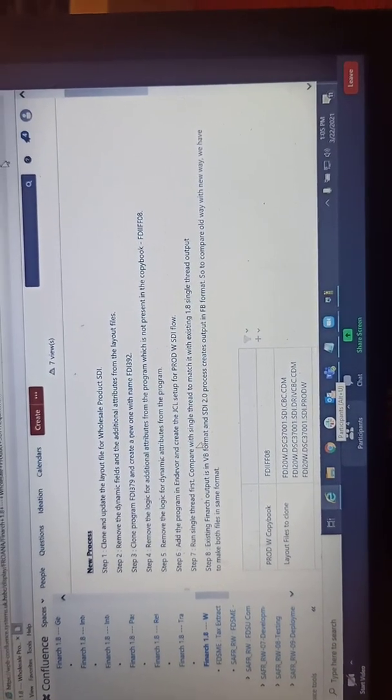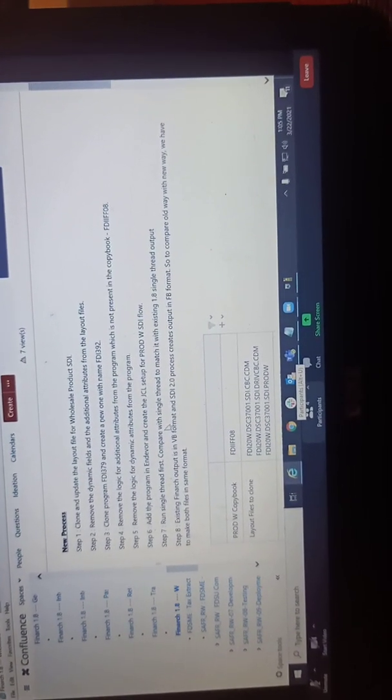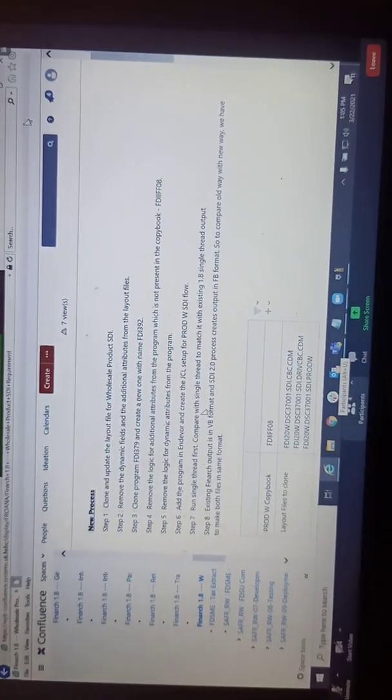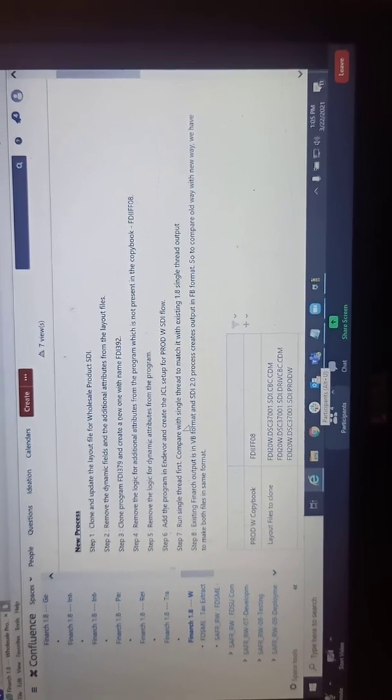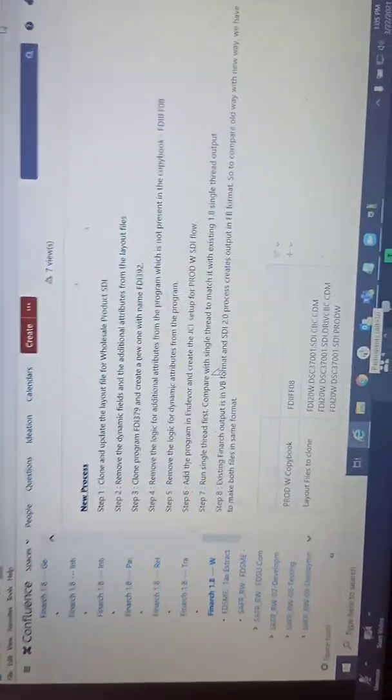So Leena, as you suggested, not to remove the dynamic attributes. So if we are not removing dynamic attributes from the copybook, then we don't have to update in the program also, right? Correct. So you just keep the dynamic attribute program or logic in the program itself. Later we'll do that. Oh. Just a minute.